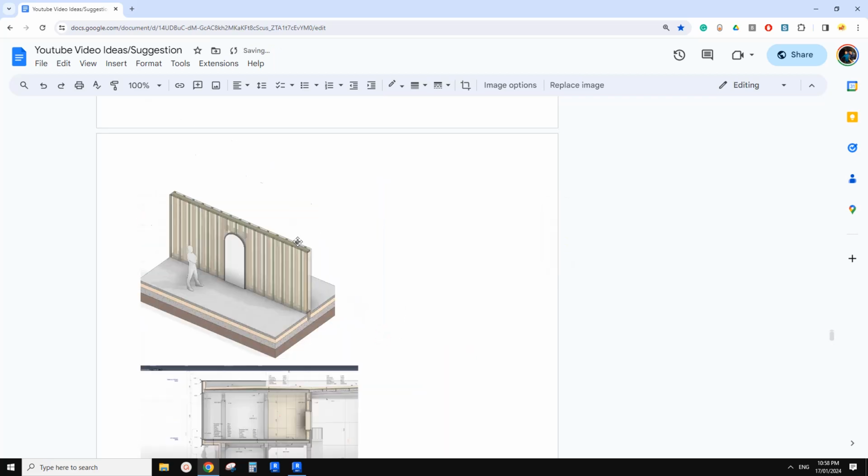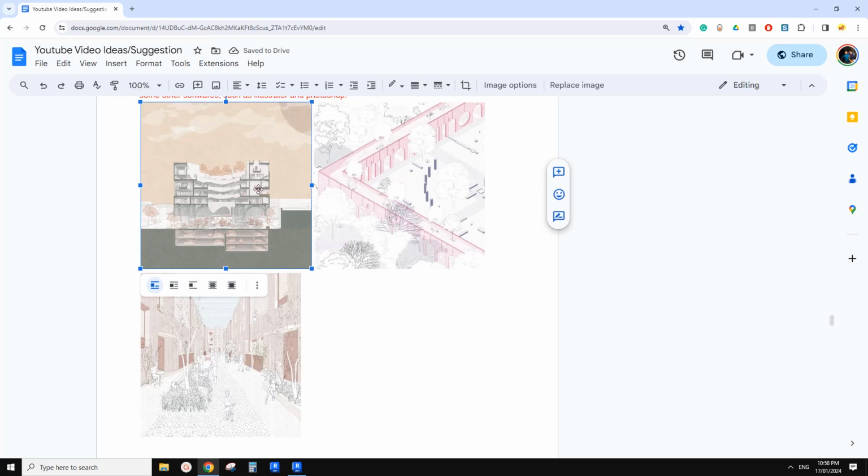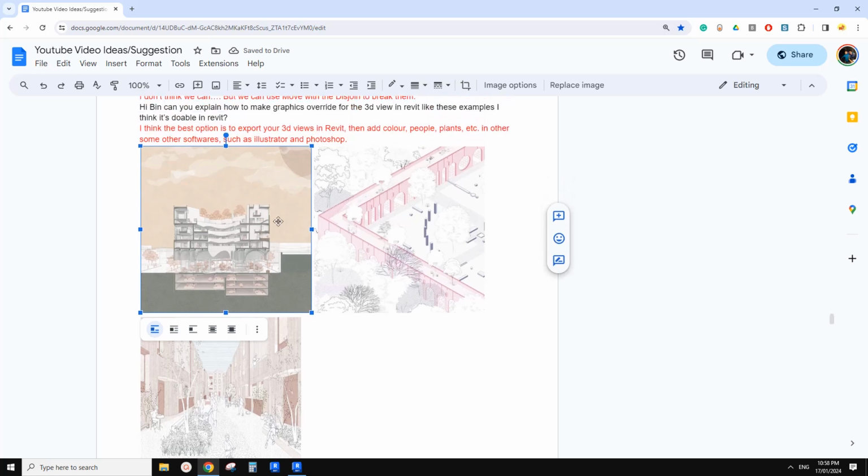So I think what we should do is we model these buildings, most of the structure. I don't think we have these trees in Revit. I don't think so. So basically the buildings, maybe furniture, all the structures,